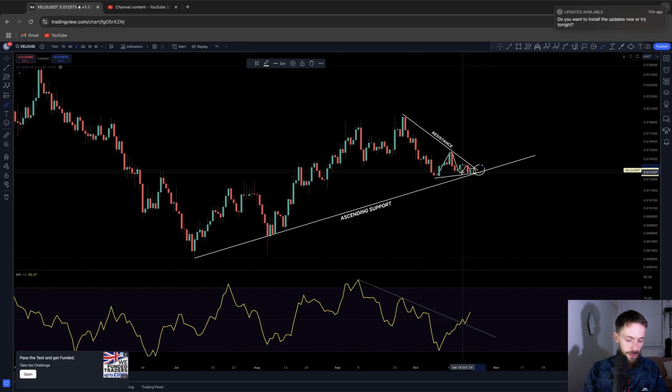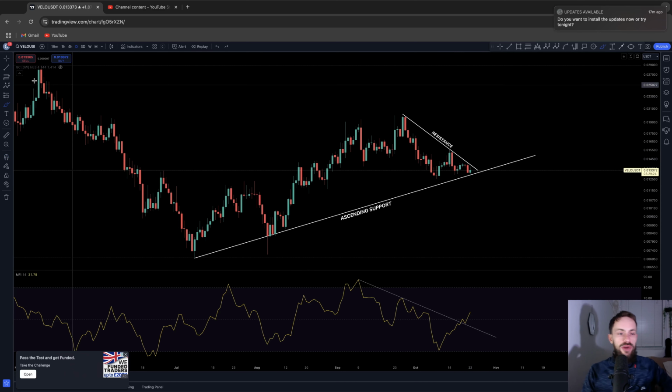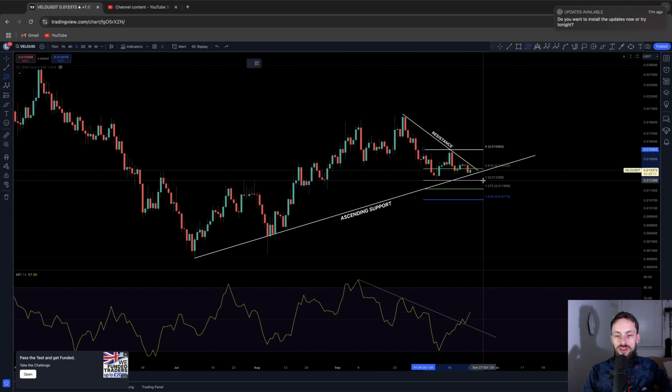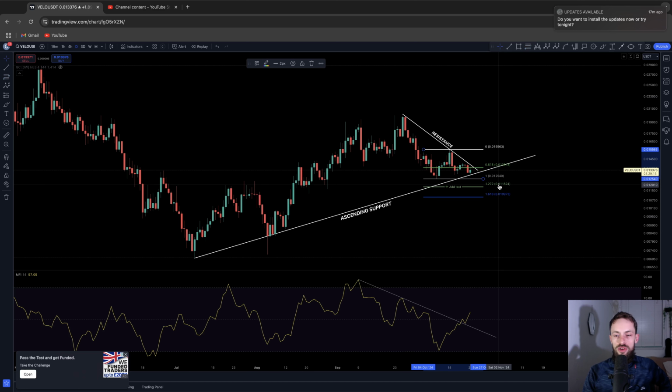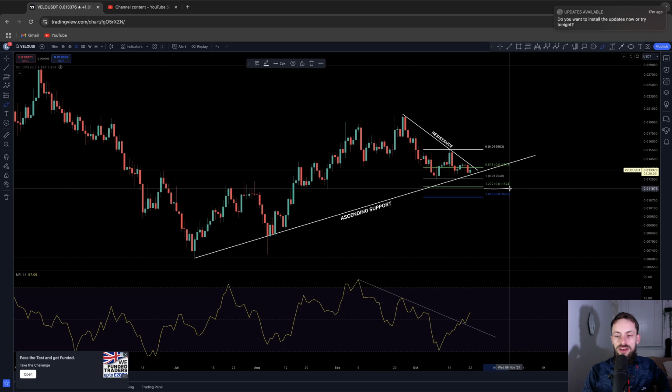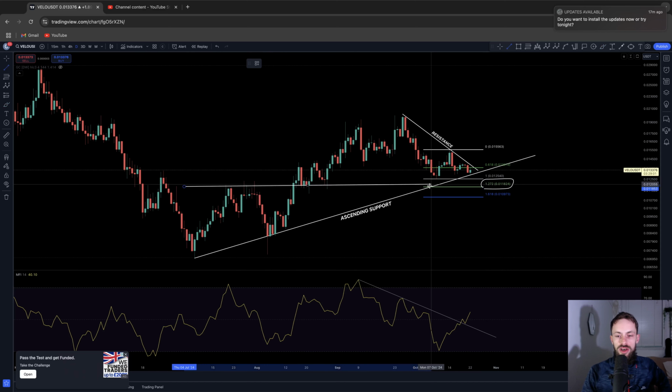Now, if we do see a breakdown for Velo and we fail to break out of this descending resistance that's over our heads here, we could look for a potential pullback target to the high 0.011 range, which has been something I've been analyzing for a very long time. And this range, if we do get a trend line over to it, does tie up with our previous